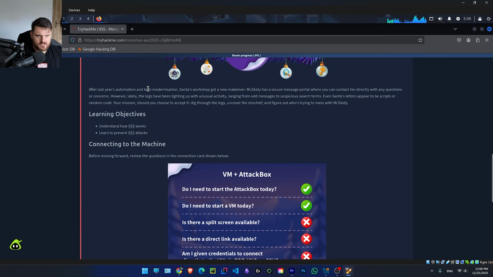Task number 1, introduction. After last year's automation and tech modernization, the CentOS workshop got a new makeover. McSkitty has a secure message portal where you can contact her directly with any questions or concerns. However, lately the logs have been lighting up with unusual activity, ranging from odd messages to suspicious search terms. Even CentOS letters appear to be scripts or random code. Your mission, should you choose to accept it: dig through the logs, uncover the mischief, and figure out who's trying